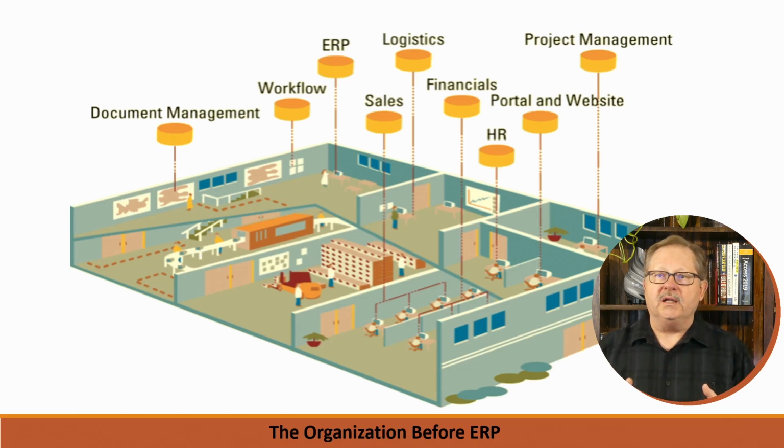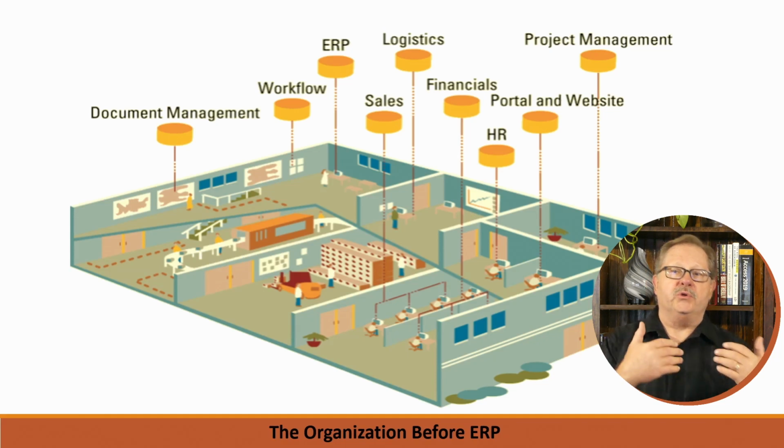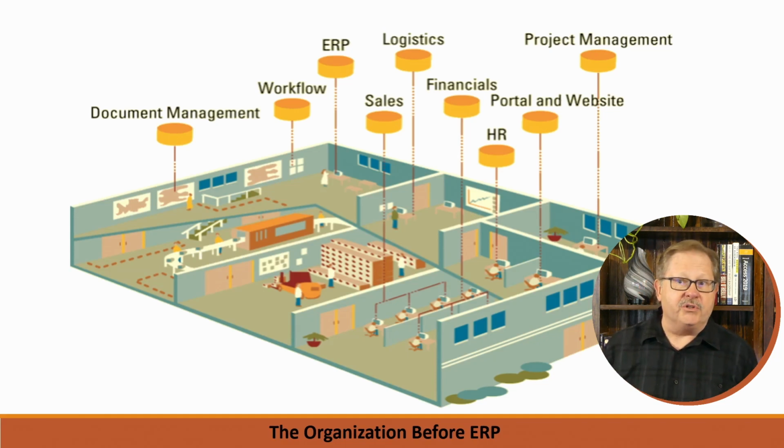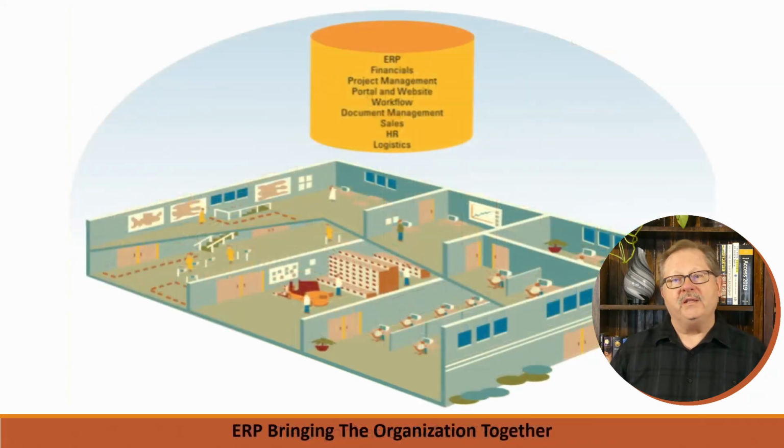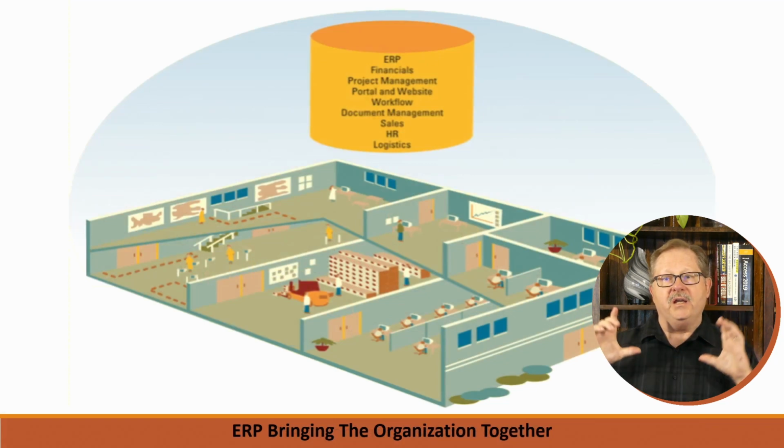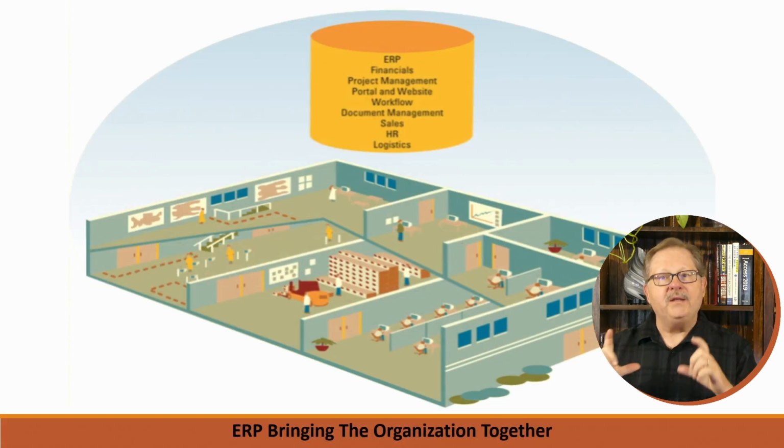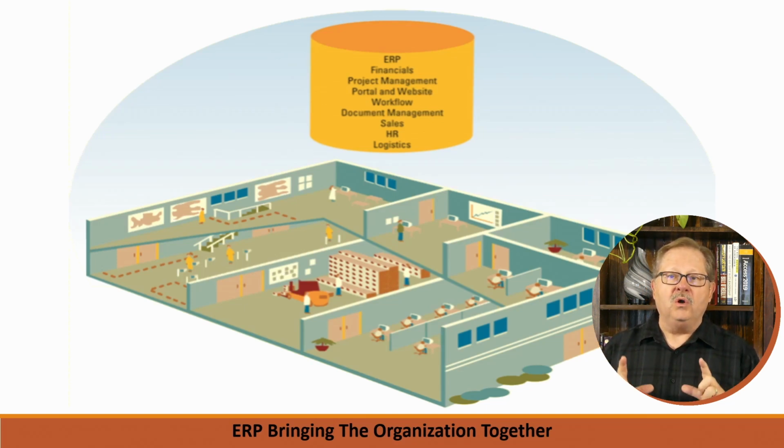But that view only allowed you to put a data analytics or a BI system, a business intelligence system, on top of that data and just get reports. It didn't really give you a holistic view. So what the enterprise resource planning software seeks to do then is integrate all of that as one data set, so that the entire enterprise can see, interact, and flow with all the data of the other entities within the